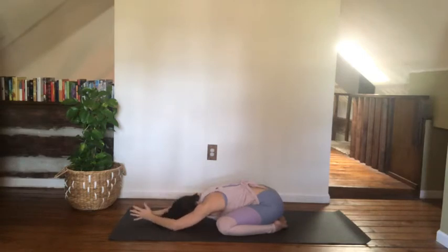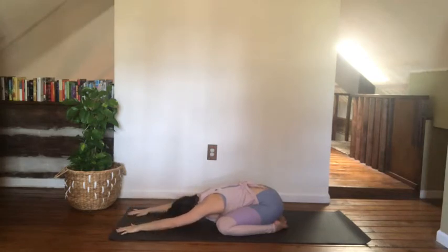Reach the fingertips forward to the front of the mat. And then bring your hands back behind your head. We'll do that a couple more times. Forward and back, forward and back. Bring your hands back down to the mat, separate the hands, activate your child's pose, grip the fingers into the mat,